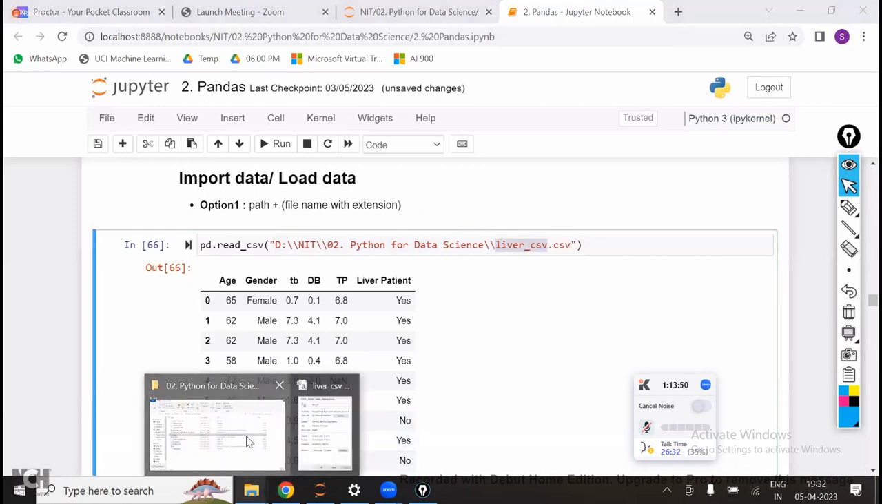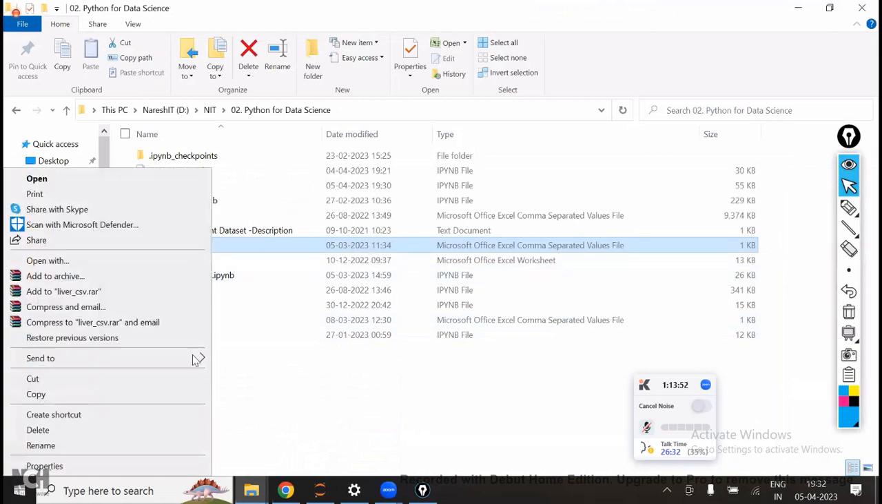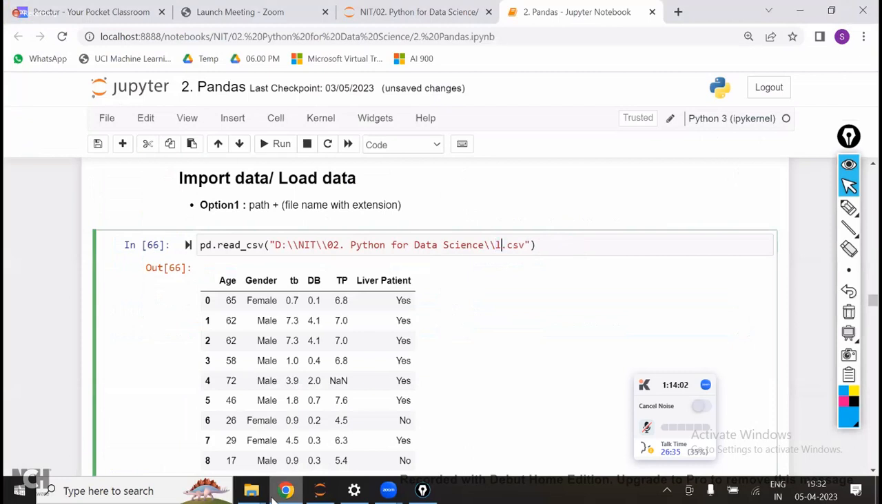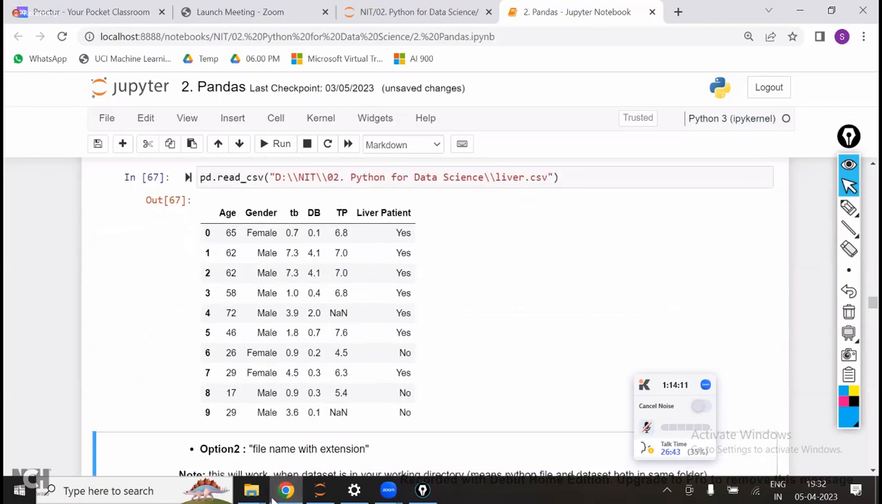Is that clear, guys? Here, I'm just writing liver. I'm not using this one. Now, what is your file name? Just liver. So you have to use only liver.csv, and automatically it will load. This is option number 1 to load the data. Second option,